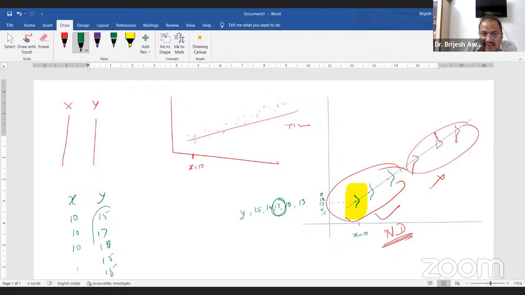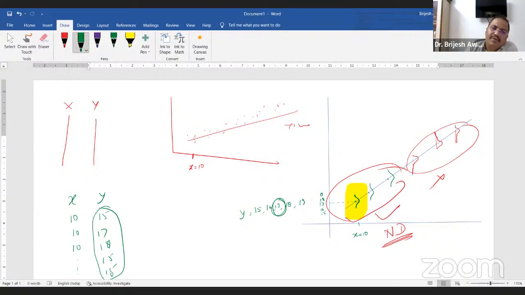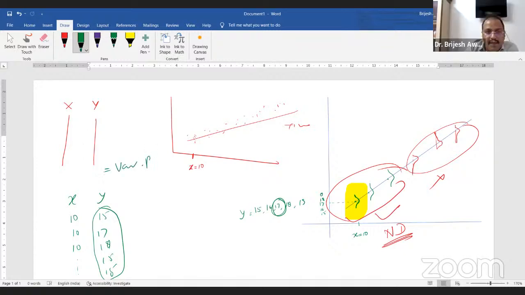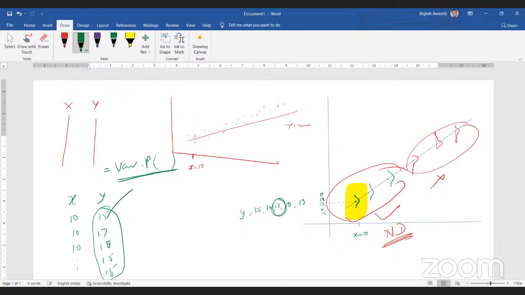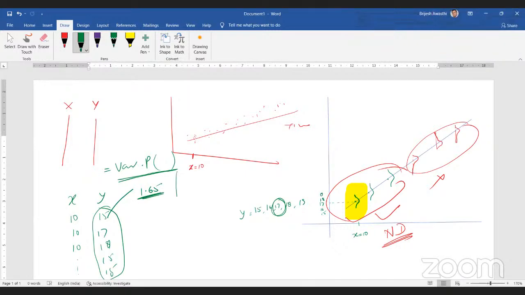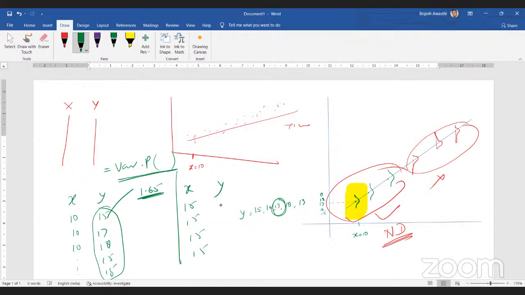Can you calculate the variance of these values? It is a simple calculation. You can use the function equals VAR.P. Suppose your variance is 1.65. Again, I will take the value of x as 15, 15, 15, 15. Your value of y might be